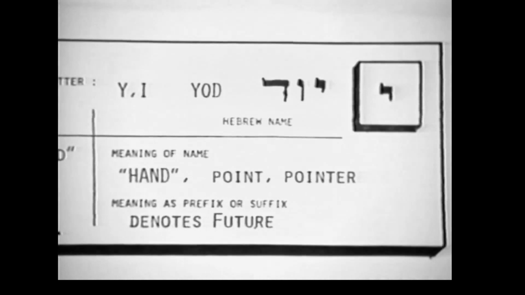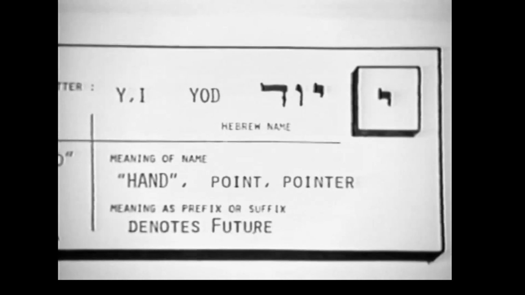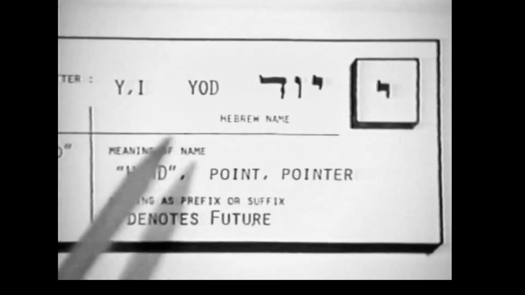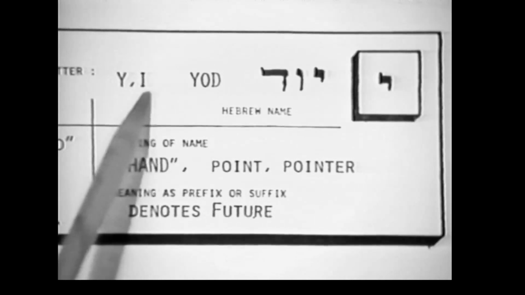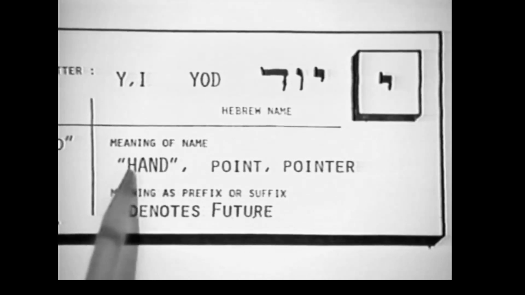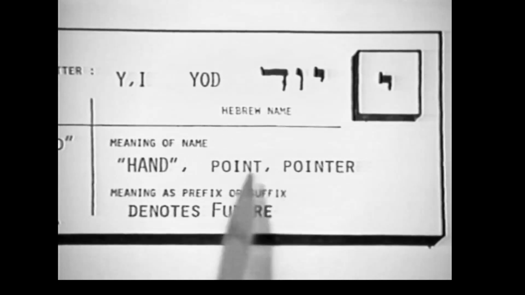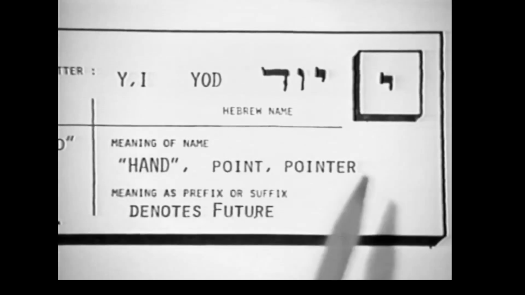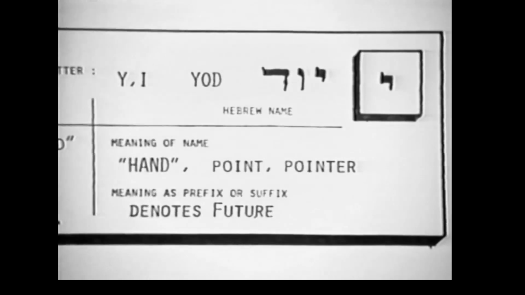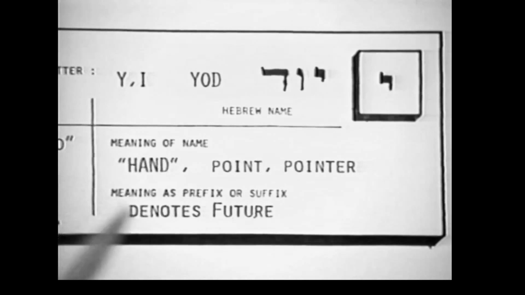Well, if Aleph is all consciousness, is the great light, is the all one, then Yud, if you come down a bit, should be that same idea, the great existence, the great life principle itself, applied internally and spiritually. And so it is. The Hebrew name is Yod. It's pronounced as an I or a Y sound, an E-ish I sound. It literally means a hand, or to point, or a pointer. Sometimes it's referred to as the hand of God even. It's the first initial of God's four-letter name. And it denotes the future tense as a prefix in some verb usages, not all.